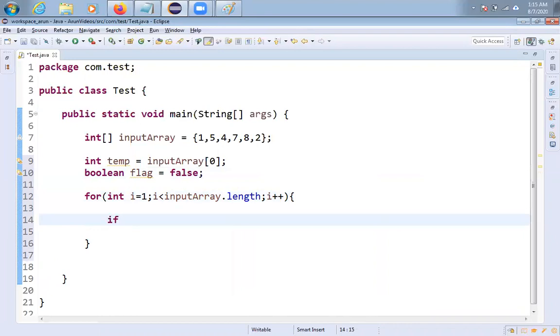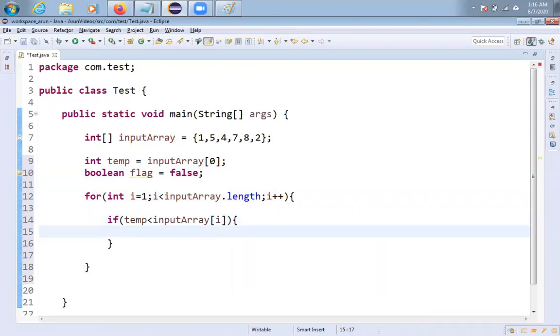What is the condition, friends? I am checking if temp is less than input array of i, then you can move, temp equal to input array of i. Else, what is that, friends?